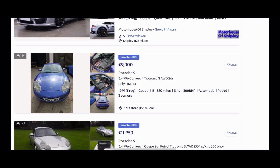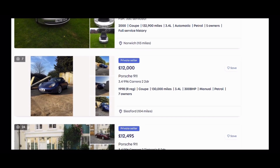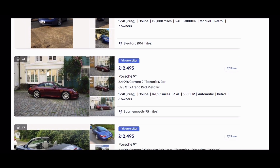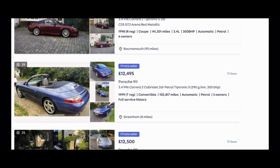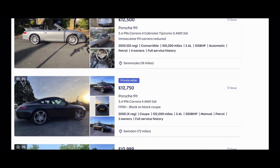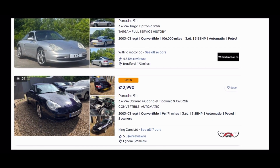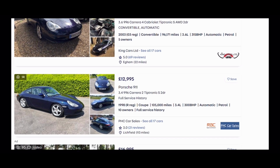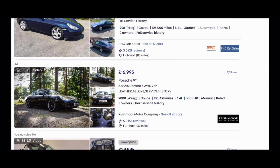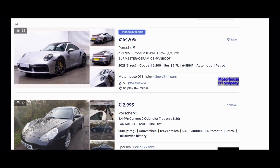The first sports car we're going to look at is the 996 911. This sports car was made between 1997 and 2006, and it's an entry point into one of the sportiest, track-focused German manufacturers. As we can see, as I'm scrolling through these Autotrader listings, they start from £9,000. Although these examples are Tiptronic automatics, can be convertibles, high mileage cars, it still offers a great entry point into